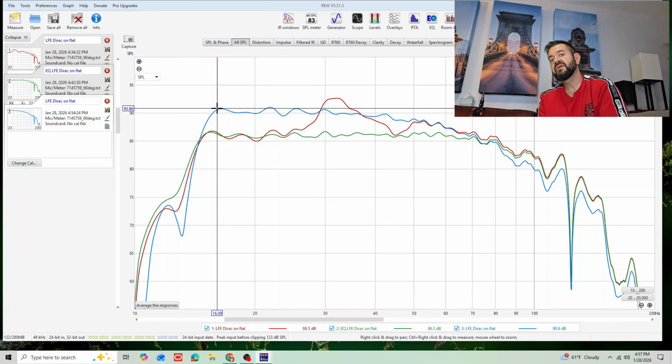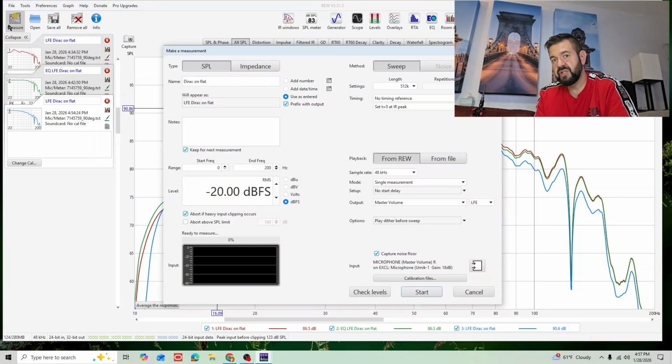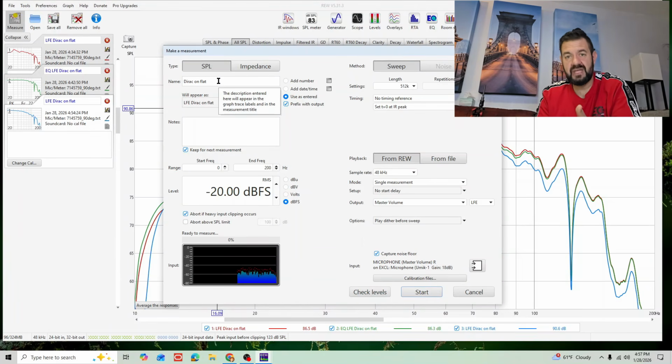Okay, you can do compression tests with Room EQ Wizard. If you want, you can turn off all the subwoofers but one, and you can do this without Dirac and with this calibration on. You do measurements the same way, 0 to 200. You would name everything correctly, please, and don't forget to lower the volume to, let's say, minus 20 dB. You should not see any issues close to reference level. So you set the